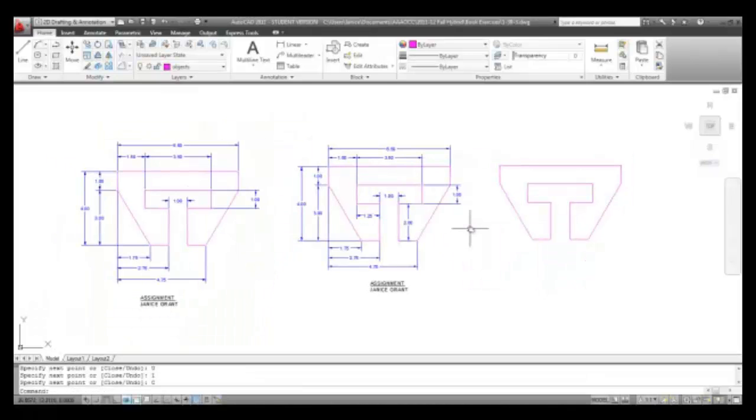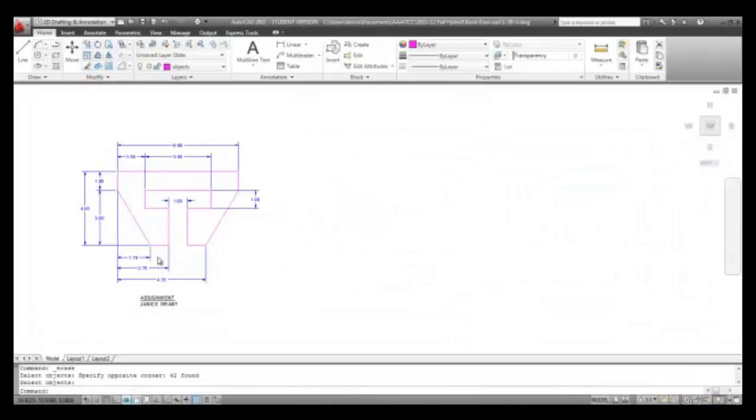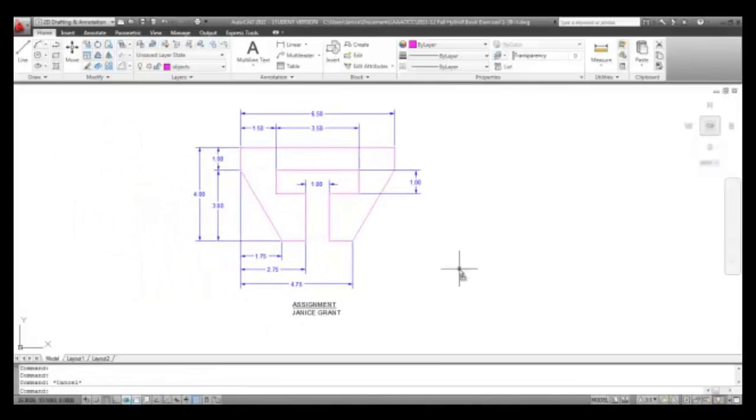It's nice to have options, and eventually you'll be using this chamfer command to establish your details. Either way works. So I'll use the erase command to erase these objects, and for your assignment, save your file